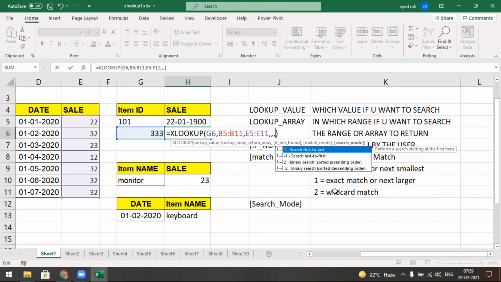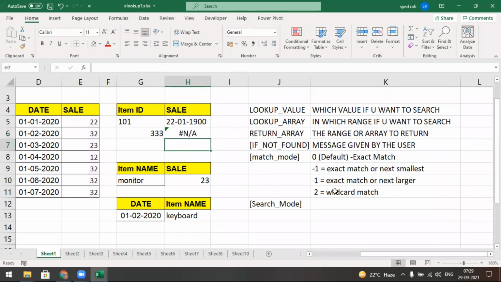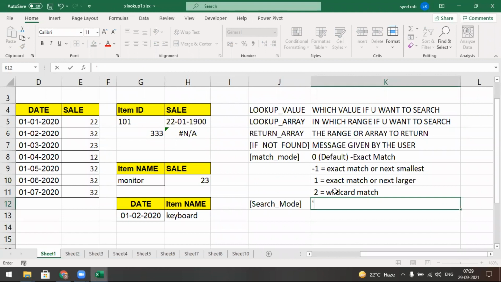Let's check. I fill with this one. If I type like this, so what do I say? 1 means search from first. It is the default. It searches from first to last, so it will search from the first.